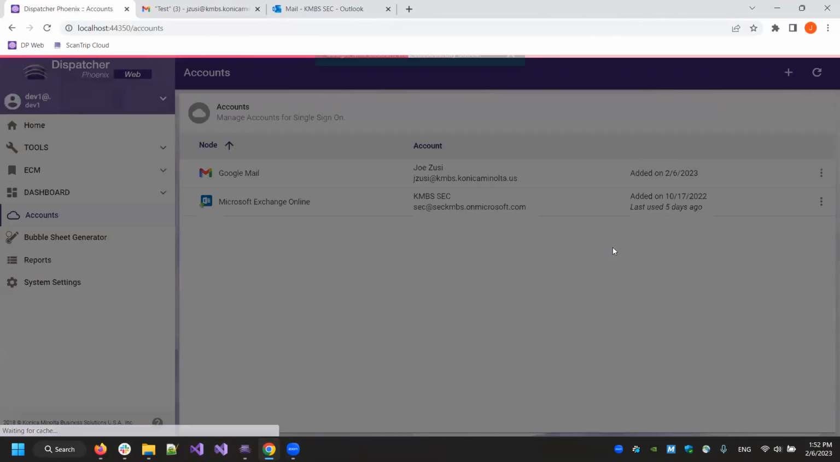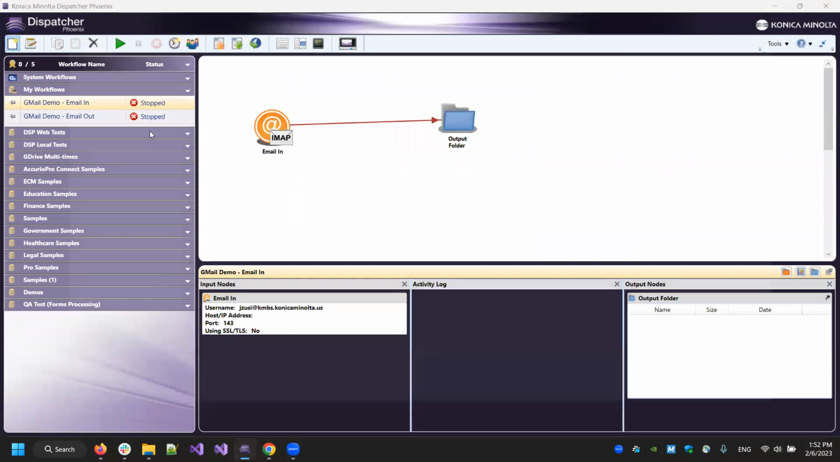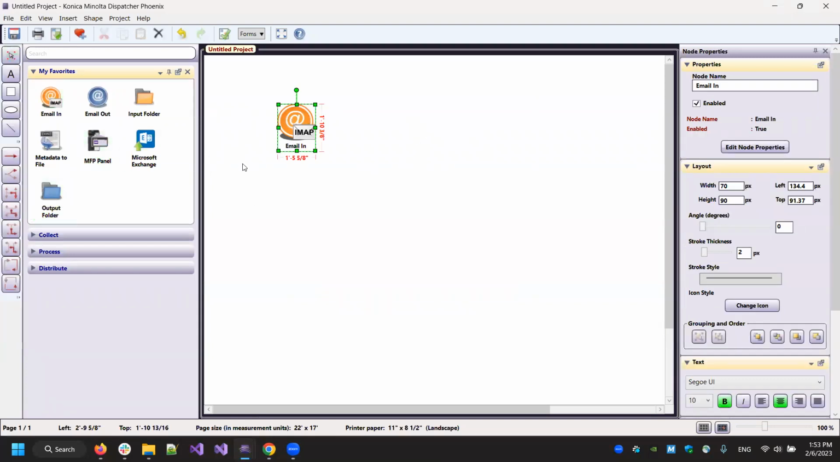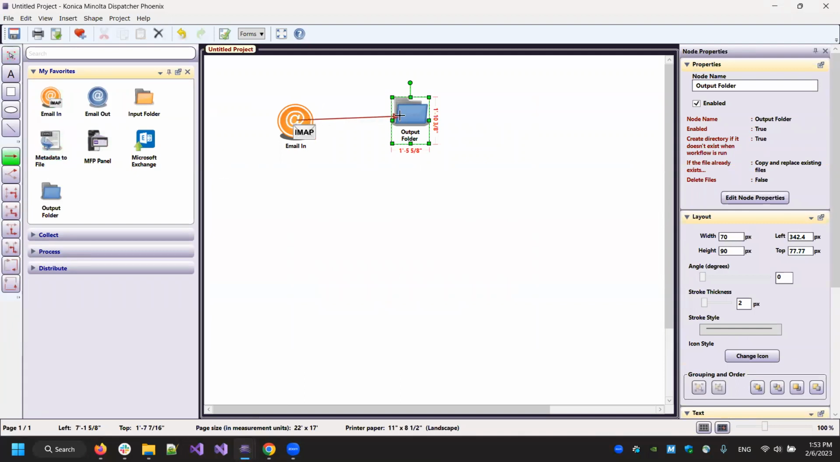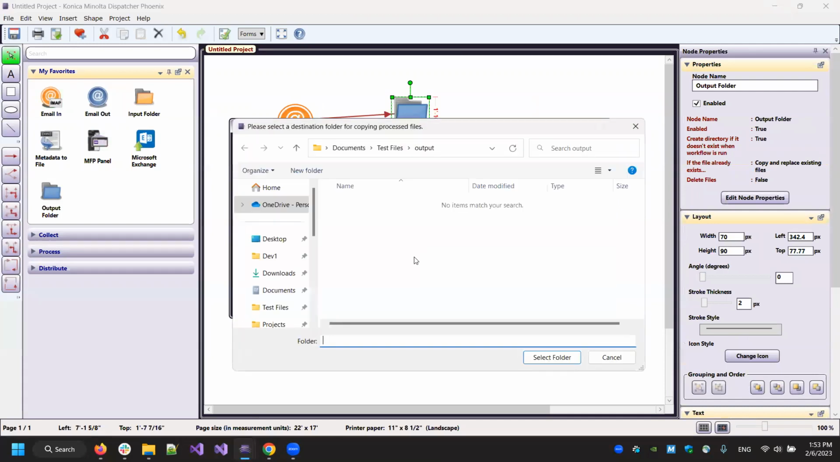It's going to send us back to the DP Web utility, and we're going to save the user's OAuth access token, refresh token, and some basic information from their profile so that we can identify the account. Now that that is saved to the Dispatcher Phoenix local database, we're going to go over to the actual workflow configuration. And I'm going to configure a simple workflow that's going to use the email in node and the output